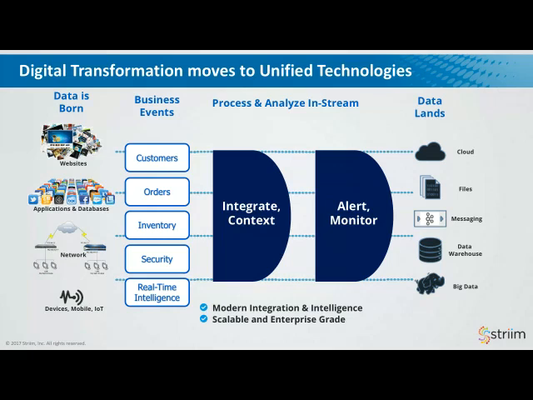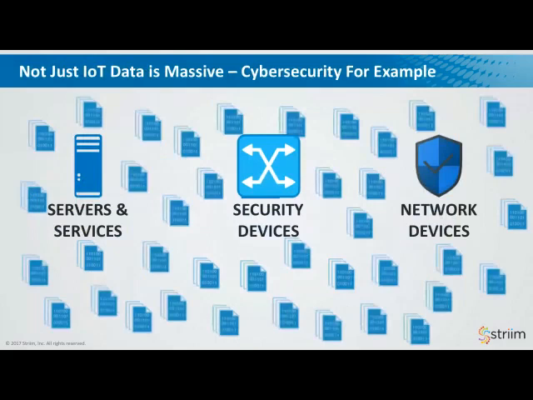And it's not just IoT data that is enormous. People don't normally think of things like security data as IoT, but security data can be enormous. If you think about network devices, routers, right? You can have NetFlow data, which generates a lot of data, but if you're doing packet capture on the network, that's immense amounts of data. And so you think about not just IoT, but other sources of data, and you can see where these data volumes are coming from.